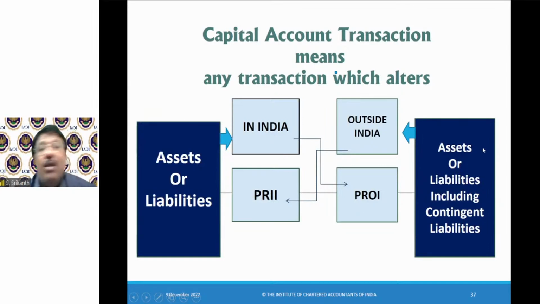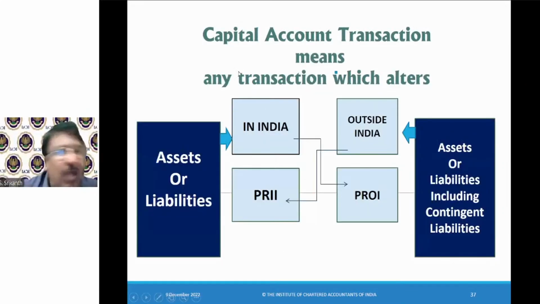See, this guarantee is being given by a PROI. First of all, you notice one thing, the word contingent liability. Guarantee is a contingent liability. So this part talks about a PRI giving a guarantee for a loan taken abroad, which I should have stressed. Please note it. Where a PROI is taking a loan and a PRI